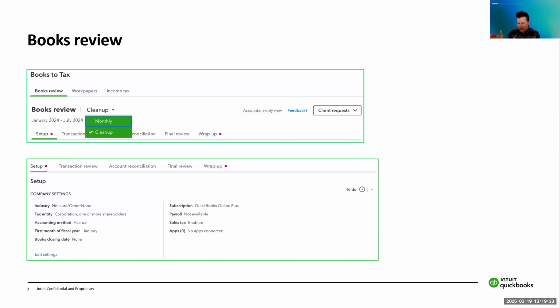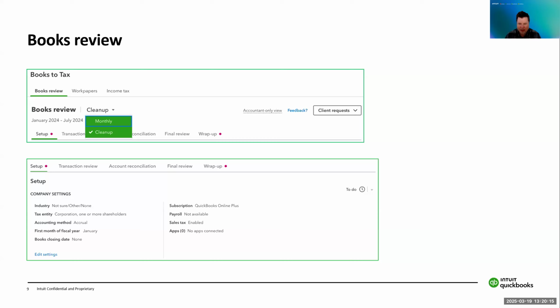So ProTax itself, your clients do not have to be on QuickBooks Online, but if you are using the Books to Tax functionality, then your clients have to be in QuickBooks Online for that, because you have to be in your client's file, and that's all their bookkeeping. So that's what gives you access to look at their month-end bookkeeping, look at their period end, look at the year end, all of that side of things. So that's where you would find it. And I'll go through that today on how to find it, because it is a little bit confusing, but the big thing to remember is that you have to be in your client's file, and then you will see the Books to Tax option on the left-hand side.